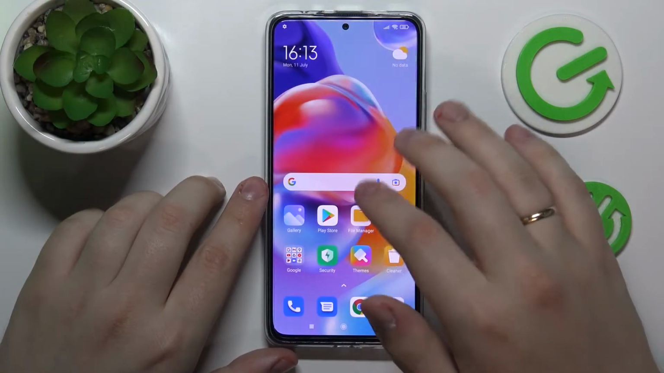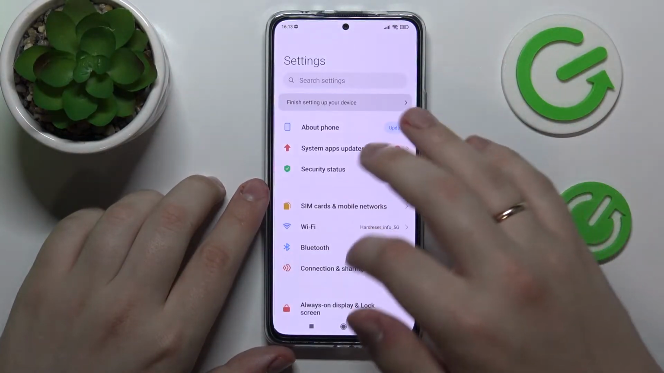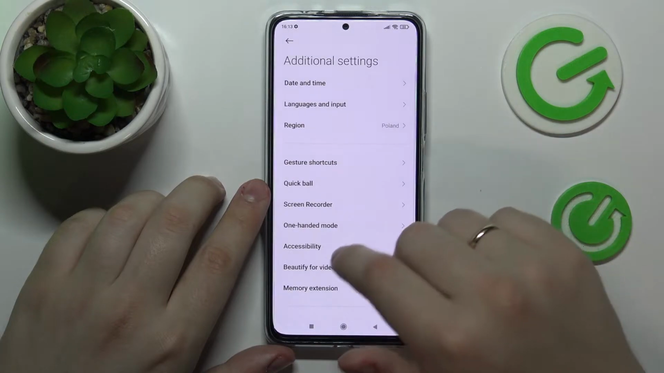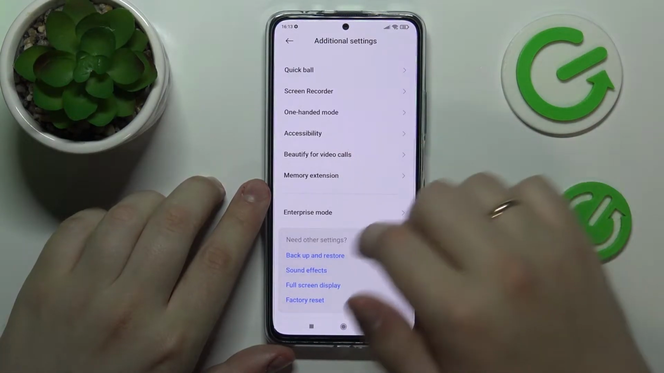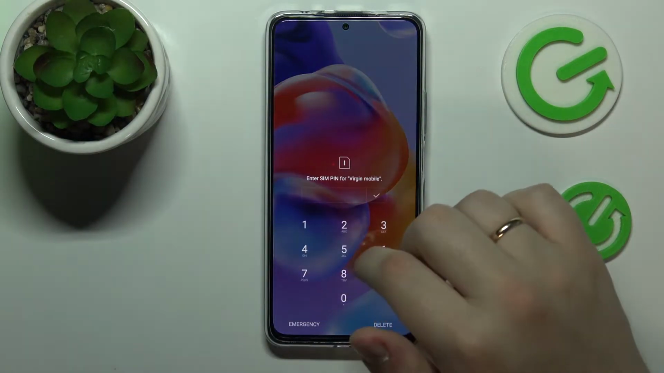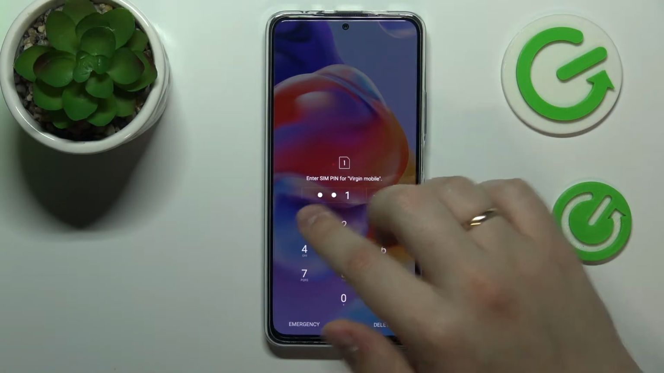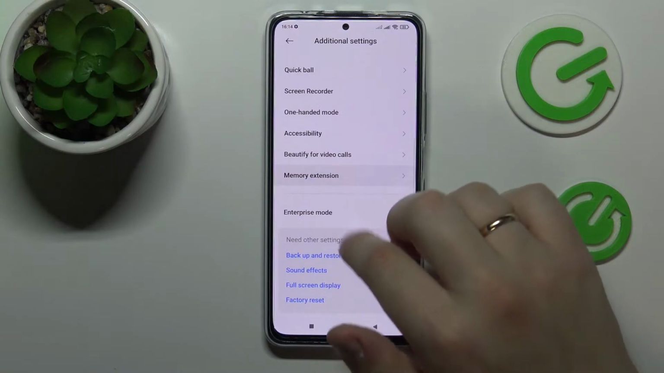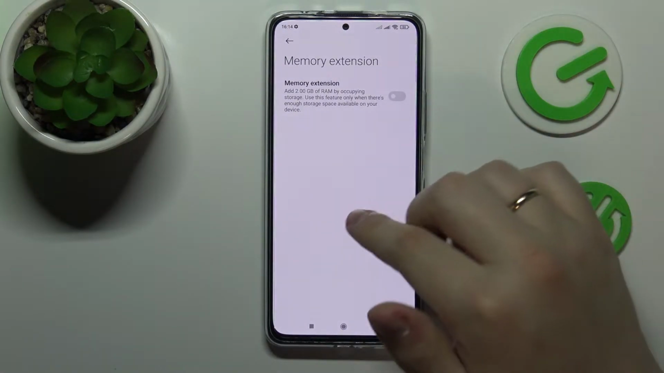So first of all, you want to open up the settings app. In here, scroll almost all the way down and go for the additional settings category. In here you want to go for the memory extension section, so let me quickly enter the PIN code for my SIM card. So in here, go for the memory extension,